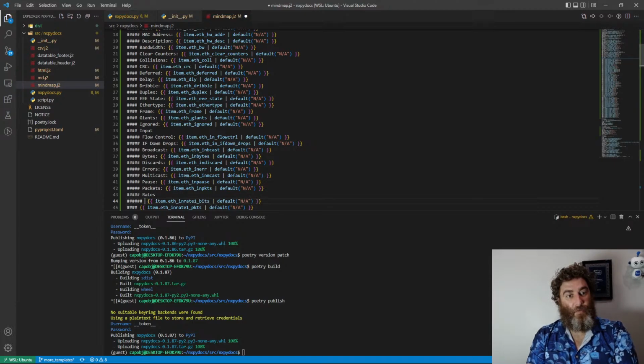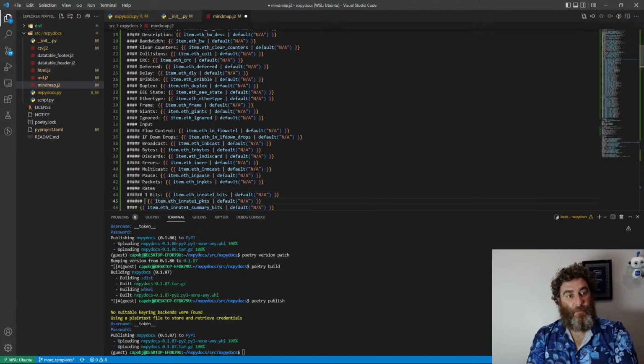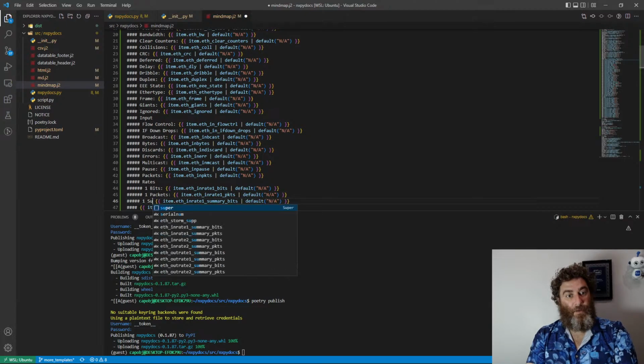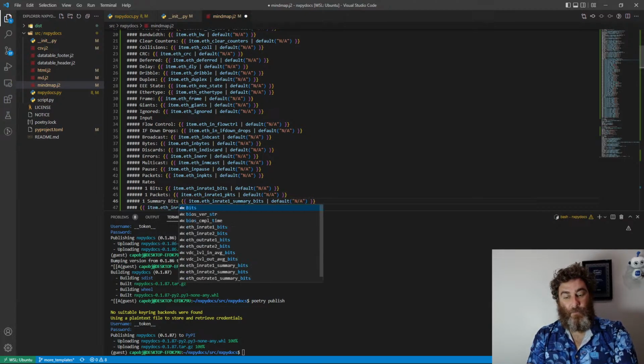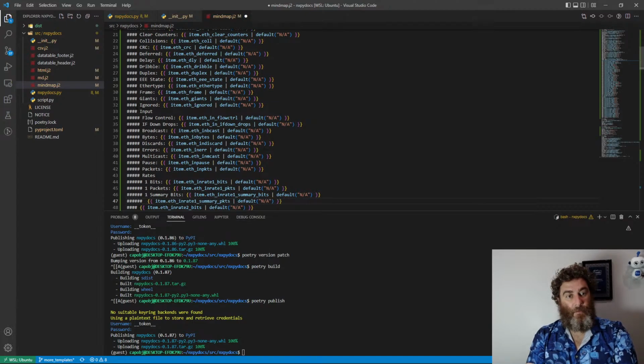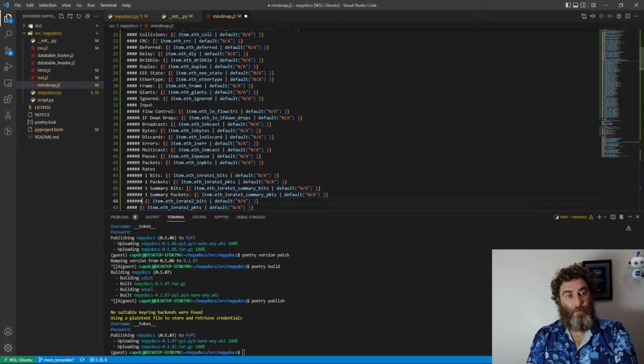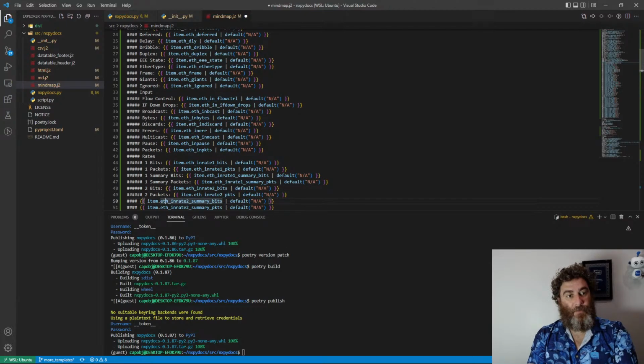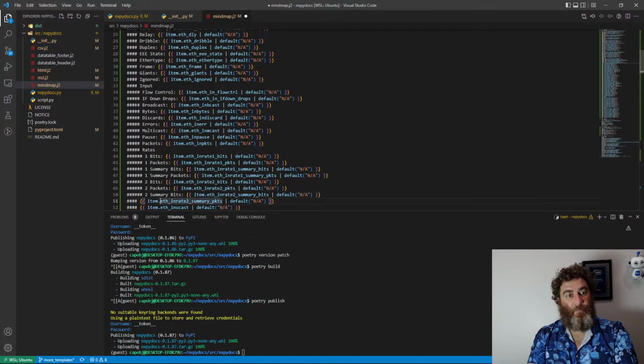So that's as deep as we can go. 1 bits, 1 packets, 1 summary bits, 1 summary packets, 2 bits, 2 packets, 2 summary bits, 2 summary packets,